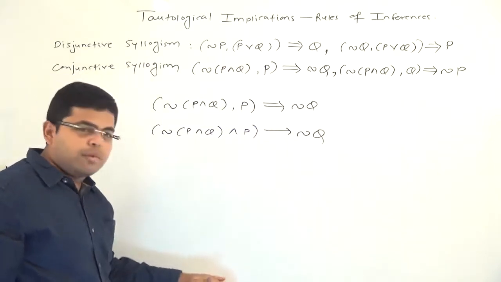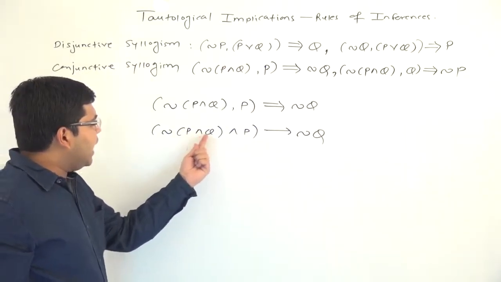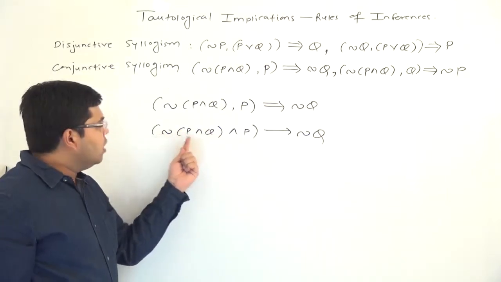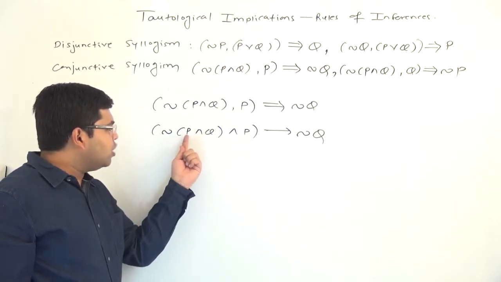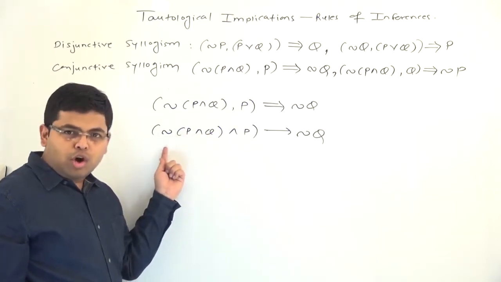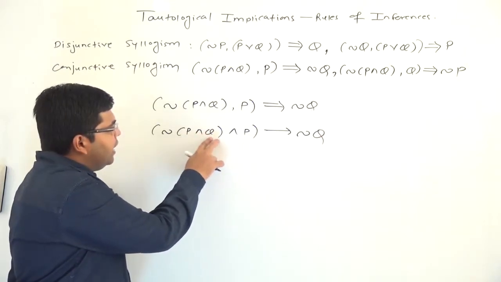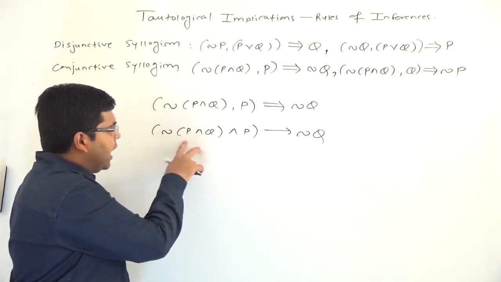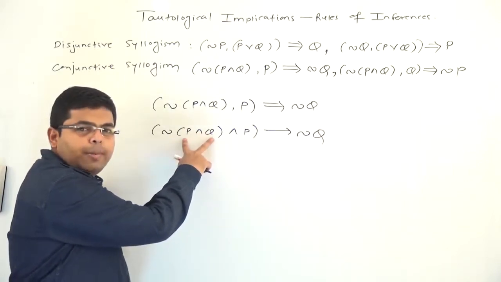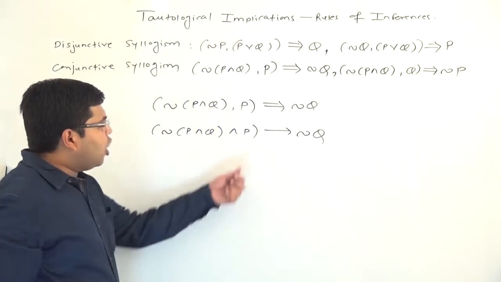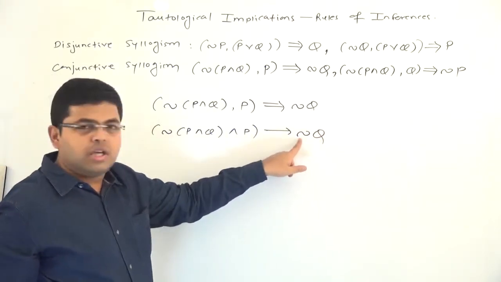But before seeing the formal proof, let us see what is the meaning. What they are saying, negation of P and Q is false. Now, negation of P and Q is false means at least one of P and Q has to be false. Because if both of them are true, then negation of P and Q cannot be false. So either it has to be true-false or false-true, or both of them have to be false. But on the other side we are saying that P is true and therefore Q must be false.